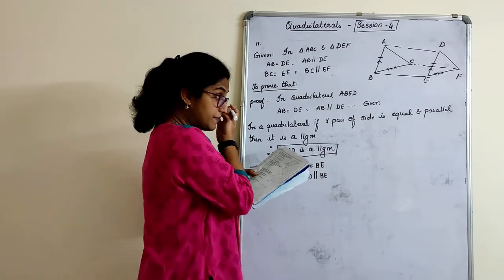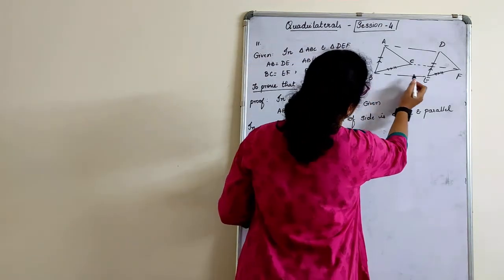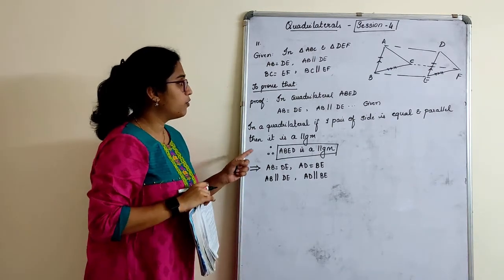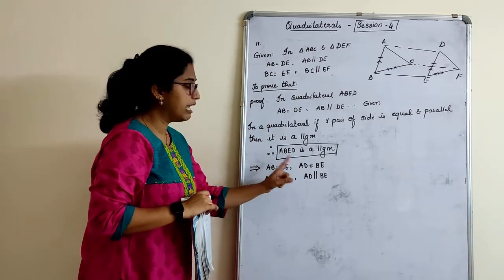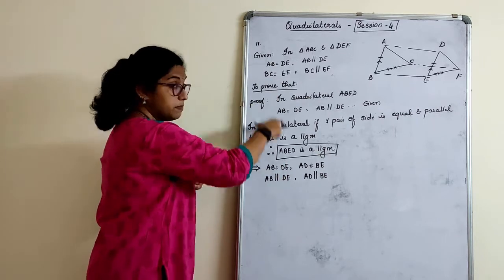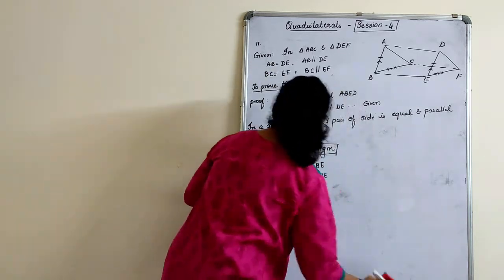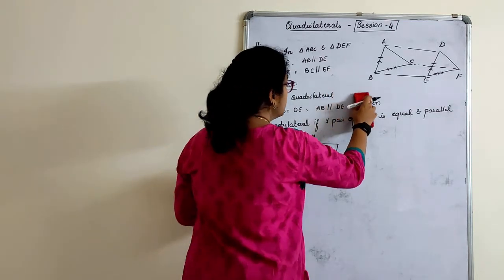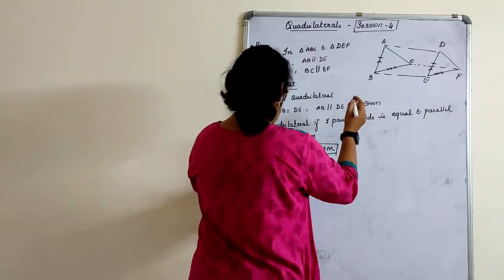Quadrilateral BEFC. Again, we will write the same thing. Now, children, I will rub this part and go on doing fill in the blanks here. Please copy this down. I will rub whatever I do because it's the same thing that I have to write and prove. So in quadrilateral BEFC,